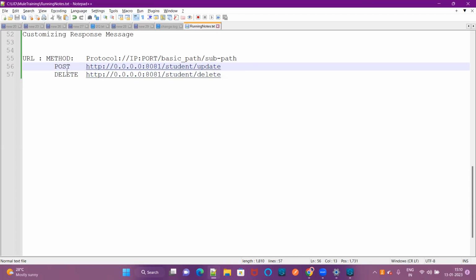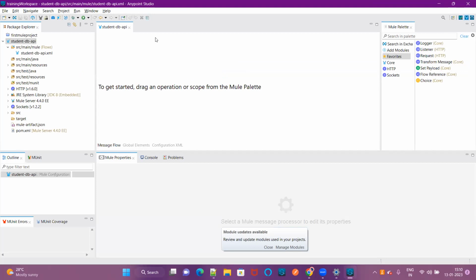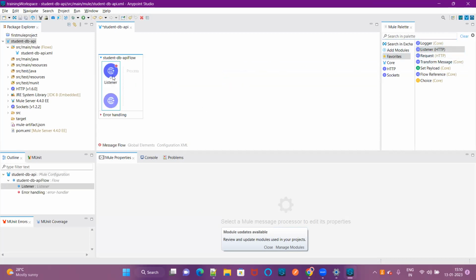So let's try to create it in common and use it in the two different endpoints. First thing I would like to create is this common configuration. So this is the HTTP. If I create a flow here, I will add a listener. When I add a listener, this